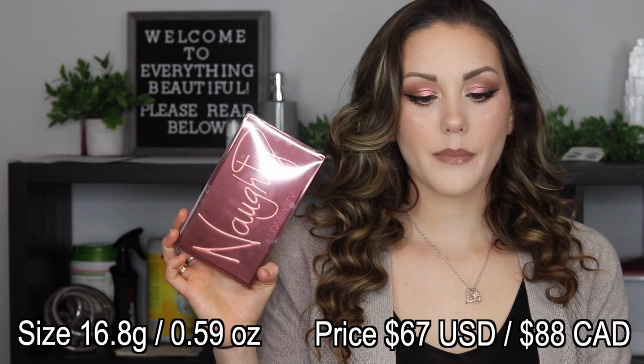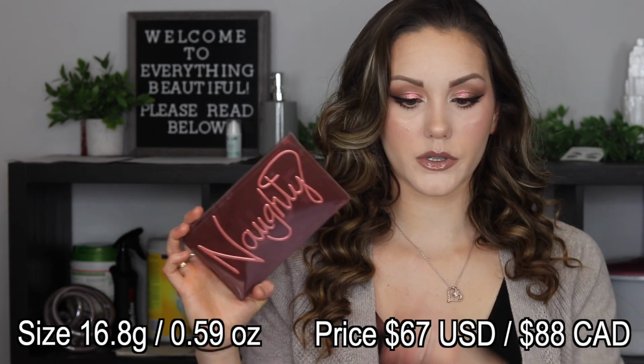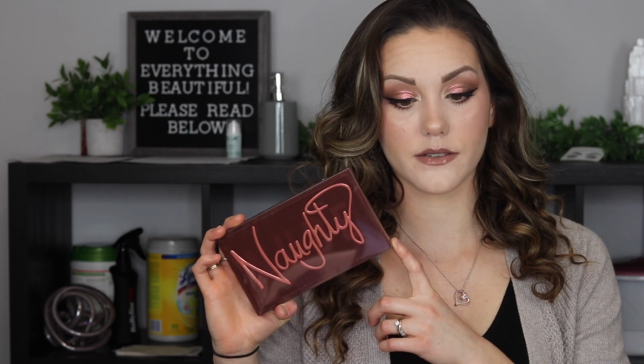So this is a versatile palette with 18 shades in 5 ultra wearable textures to create dramatic smoky eyes, as well as a variety of natural and sultry looks. It is the reimagination of their best-selling new Nude palette. It contains the 18 shades that are harmoniously curated. Create an after-dark smolder with 8 velvety soft pigmented mattes, 5 high shine metallics, 3 luxe multi-reflective marble creams, and 1 mesmerizing marble matte cream. And then they also have 1 shimmering gloss with encapsulated bronze and berry pearl to take your playtime to the